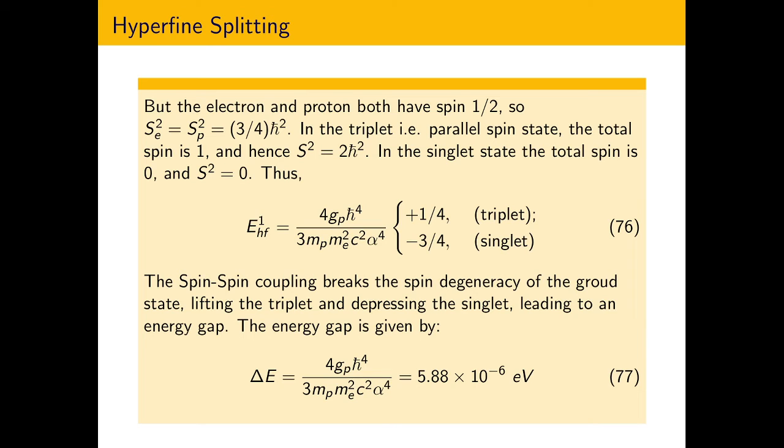So if you want to look at its eigenvalues, you will end up with 3 by 4 h bar squared. However, in the triplet or parallel spin state, as Rishi mentioned, the total spin is 1. Hence, S squared actually gives us 2 h bar squared. In the singlet state, the total spin is 0, therefore S squared is equal to 0. So, spin coupling actually breaks the so-called spin degeneracy of the ground state,